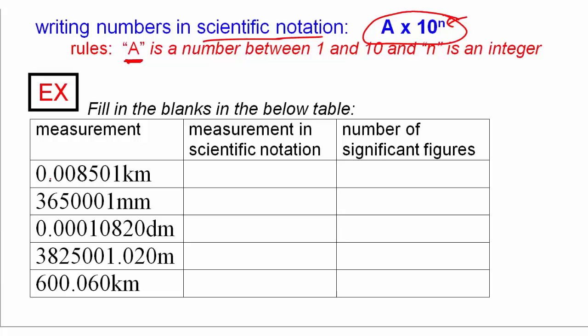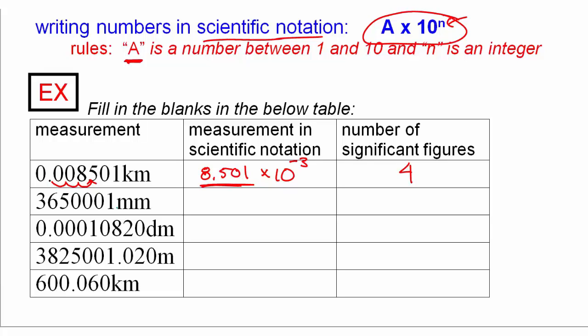So let's try this. Let's first move the decimal place till we get a number between 1 and 10. There it is. 8.501 times 10 to what power? Well, we moved it 1, 2, 3 times, so to the 3. Now, is it a positive 3 or a negative 3? Remember that negative exponents are numbers less than 1. So we definitely have a number less than 1, so it should be negative 3. The number of significant figures, just count up all the digits. Count everything that's there, whether it's a 0 or not. 4. So write each of these in scientific notation, count up the digits, and see if you agree with what